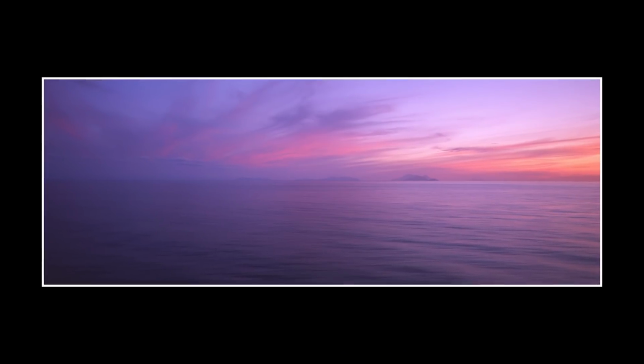So I got this image, thought I'd nailed it. Well, I didn't think I'd nailed it. I was absolutely convinced I'd messed it up. But after having got the film back, yeah, pretty good. But like I say, by looking more towards the east, I believe, the sea was a bit calmer, the sky was a bit softer, and there were a few more islands, and I got this image,